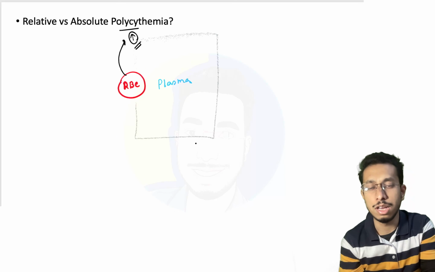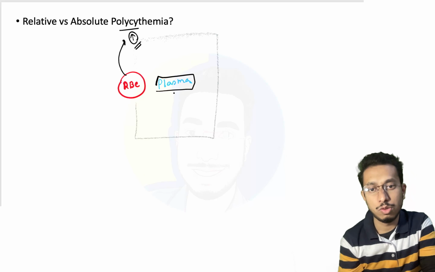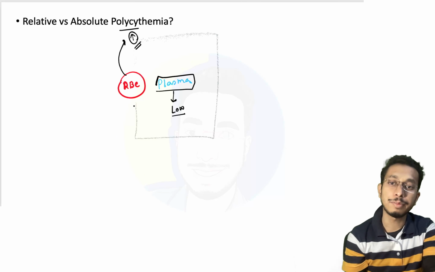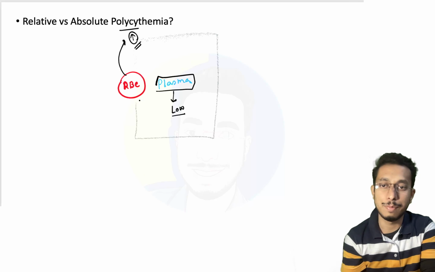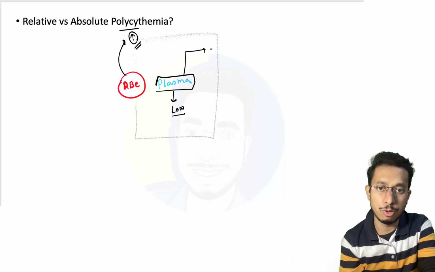Now this report can be erroneous if plasma value is low. So if plasma is low in the patient for some different reason, then RBC will be apparently high, giving a false impression of polycythemia. Plasma can be low due to a lot of causes, for example